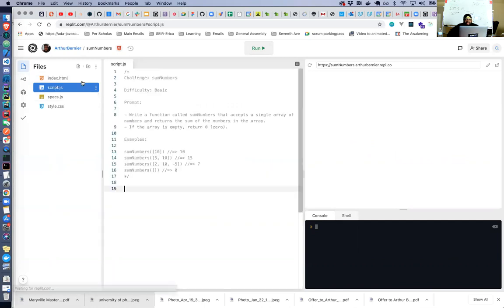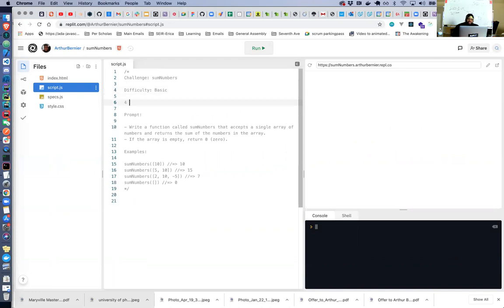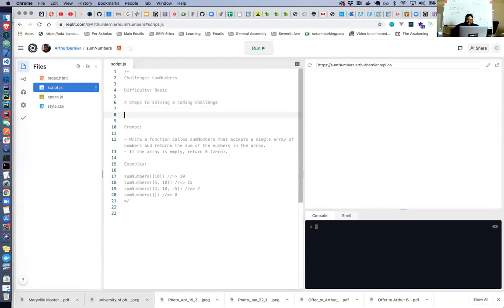And I'll just go over here to script.js. And now that I'm in here, I'll go down to right below difficulty basic. And in here, I'm going to write my 4 steps to solving a coding challenge. The very first thing that you're going to want to do is clarify